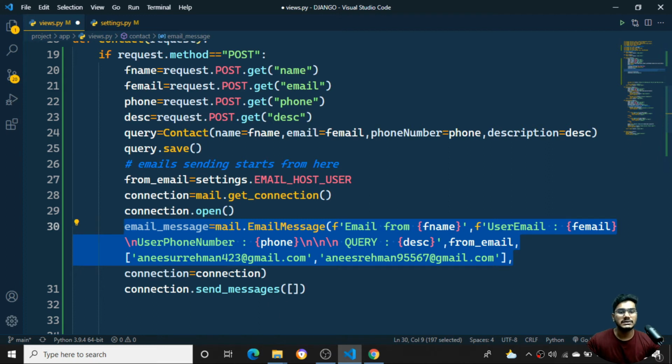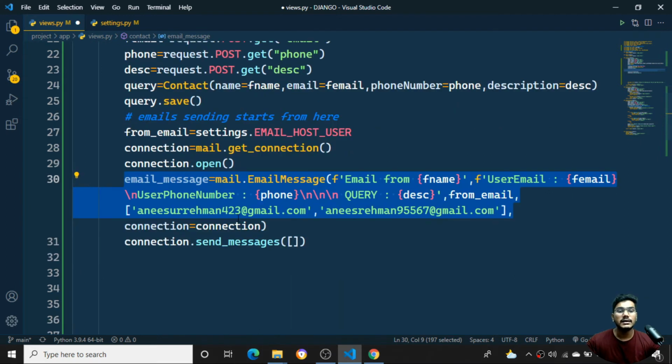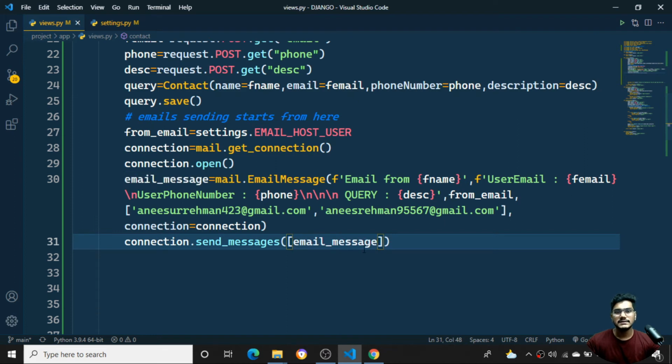So for that one I'm using this concept. First, we'll see whether the message will go to the admin or not. I'll copy this email message and pass it over here, and save this one. Whatever email I have generated, I need to pass that email message to my